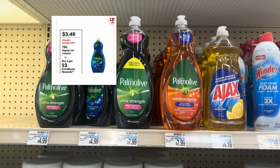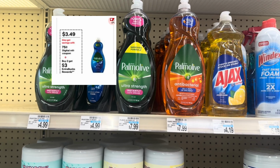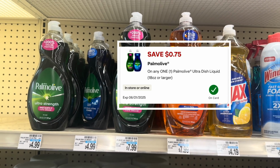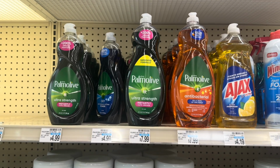The 20-ounce Palmolive are on sale for $3.49, and when you buy 2, you get $3 back. Pick up 2 for a total of $6.98. Use 75 cents off Palmolive digital coupon and you will pay $6.23 and get 3 back, making them just $3.23